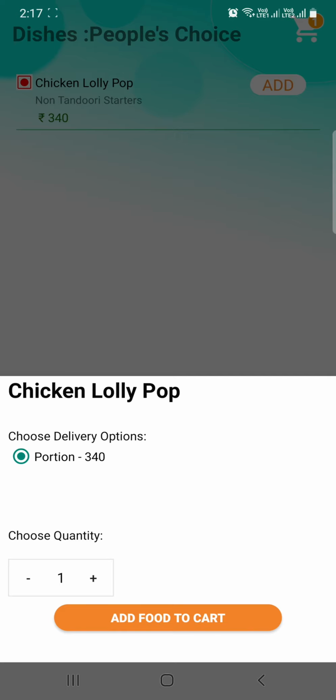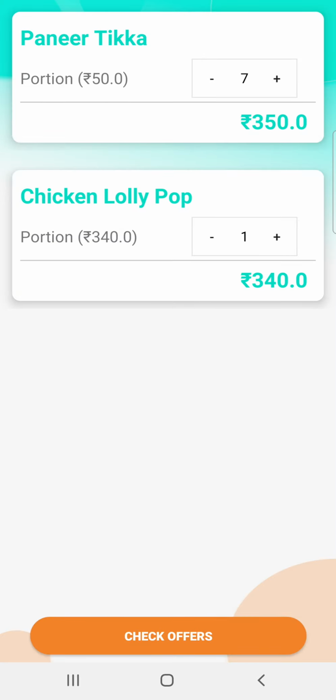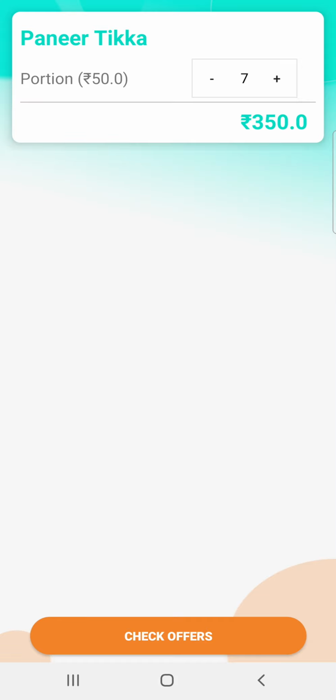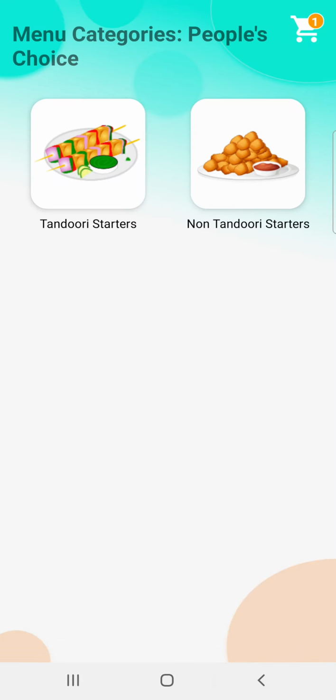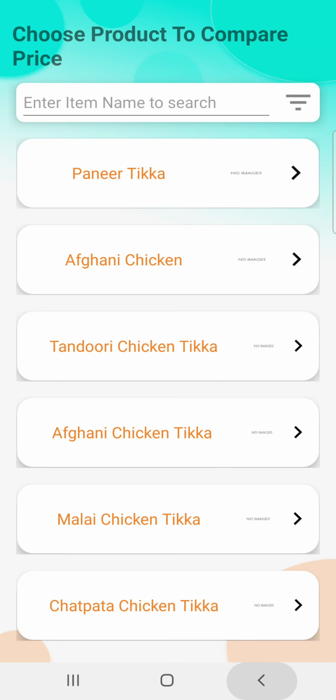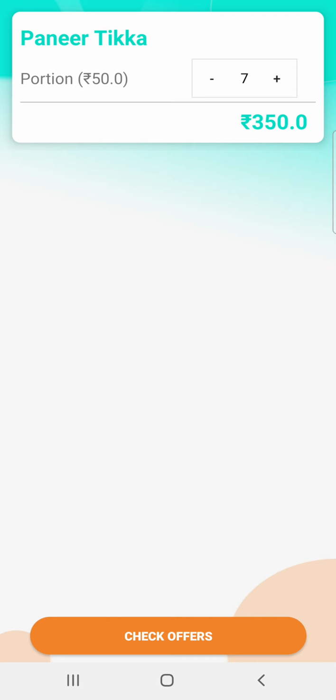I'm just writing one, and going to the cart menu. Now suppose I don't want to buy this chicken lollipop, so I'm just going to delete that. You can basically go from here also, or you can go back and later on you can go to the same from here.